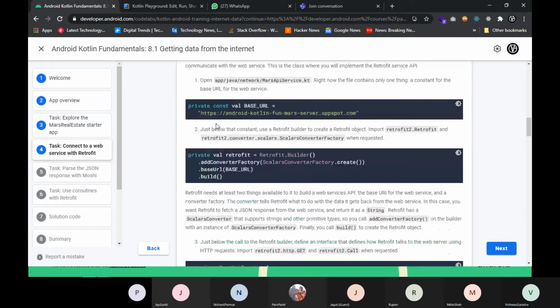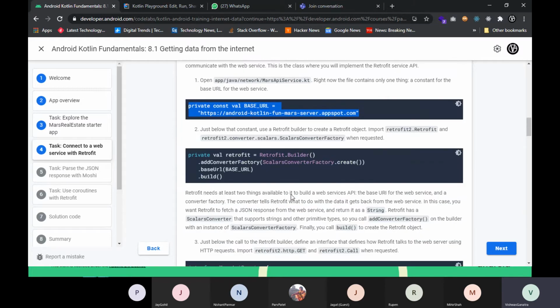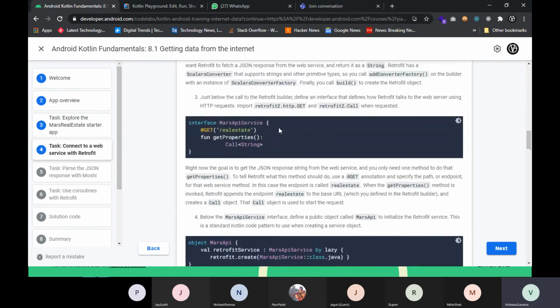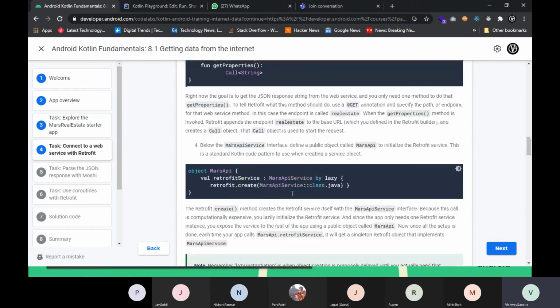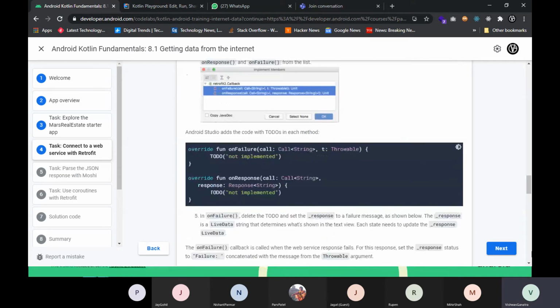So after syncing your Gradle files, comes the implementation of the Mars API service. Basically, you have to declare your API just like in the given syntax, and then create a Retrofit object. Use Retrofit.Builder and then addConverterFactory. You have to specify the base URL, which will be the URL of the particular API or the data you want to get from the servers. Then you have to apply each of the functions and other syntax to call the data.